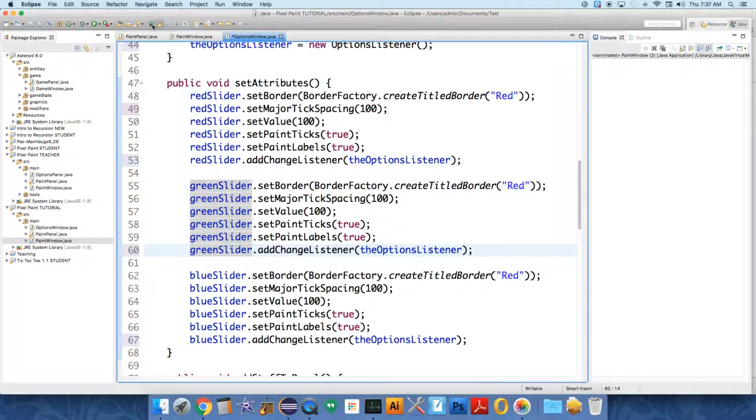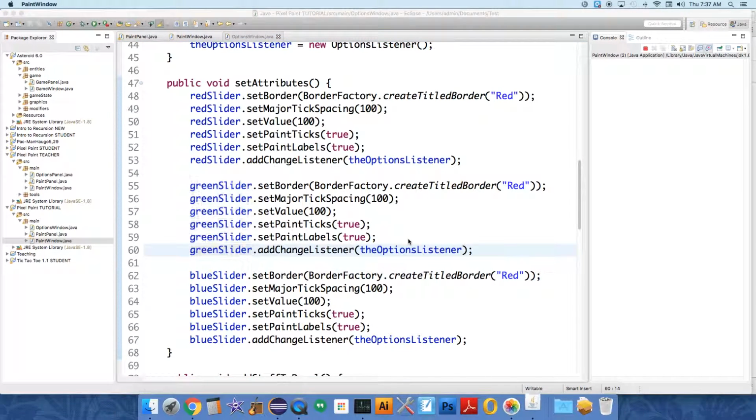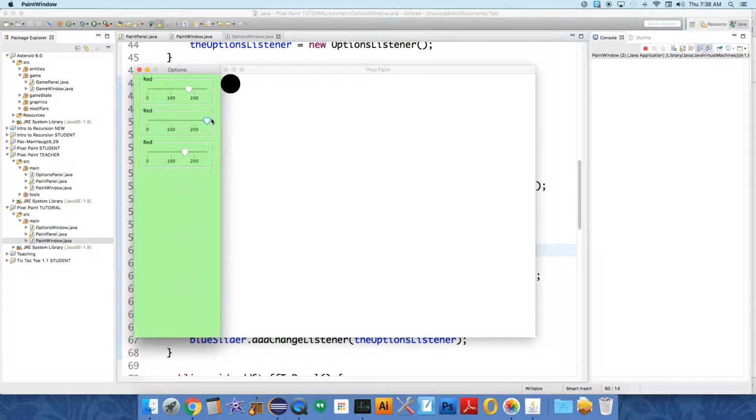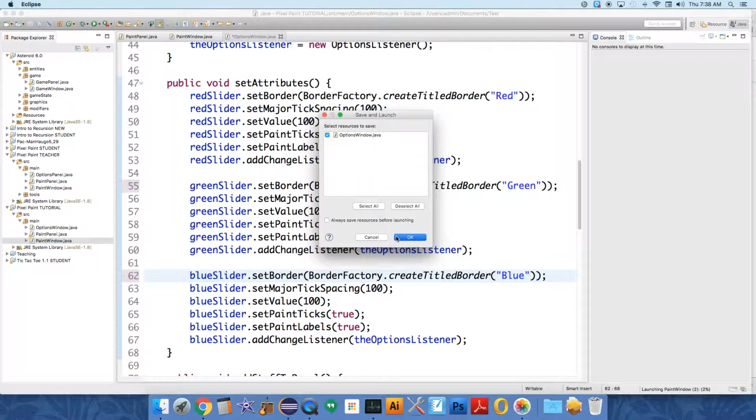And if we run our program now, I believe it will actually accomplish what we're looking to accomplish. So you can see the sliders are working. That's my goal anyway. And you can see that yes, in fact, if you change the values of the sliders, they do change the color. I didn't change the text. I didn't notice that. So this should be red, this should be green, and this should be blue, just to let people know what each slider does. Now if we run our program again,